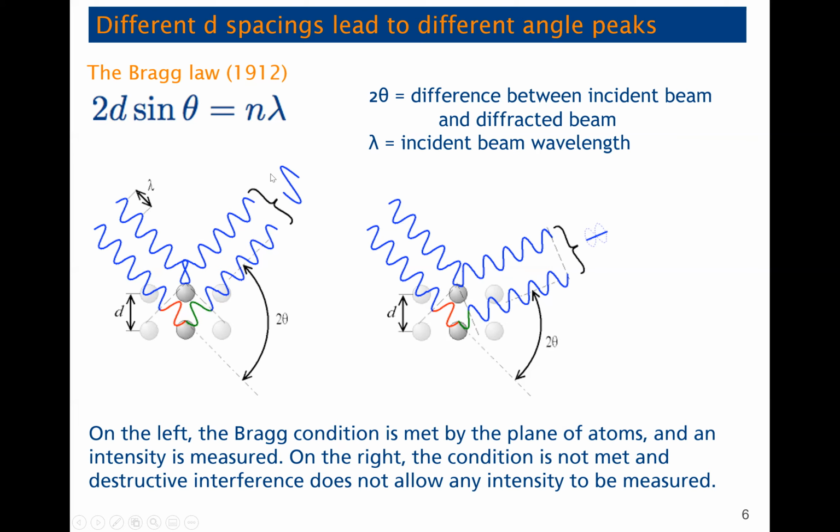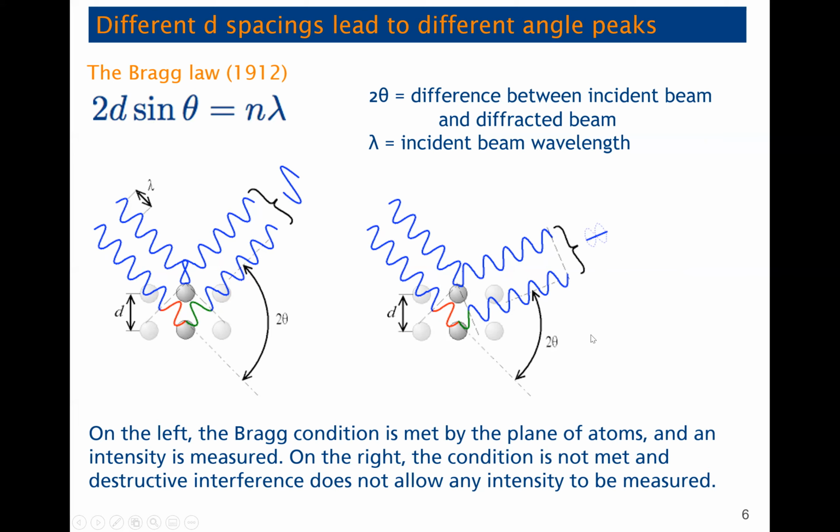So we get some intensity measured at the detector from atom planes that are this d-spacing apart. That is described by the n here. The n in the equation in the Bragg law is some integer, which describes how many planes apart the reflections are adding up from. In contrast, the image on the right is showing a scenario when you do not